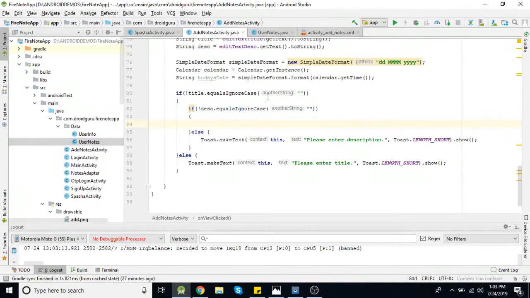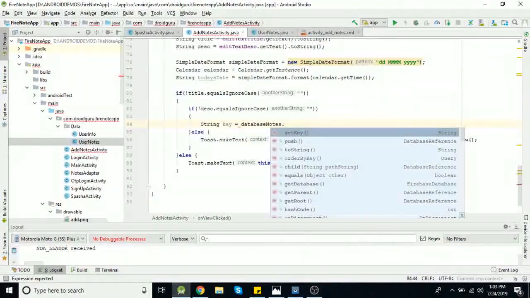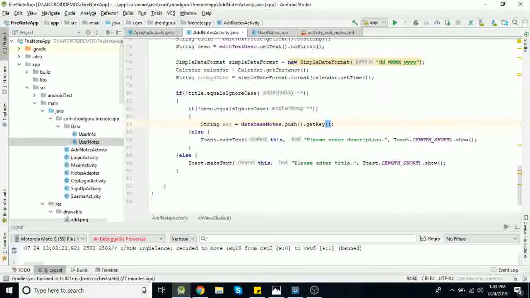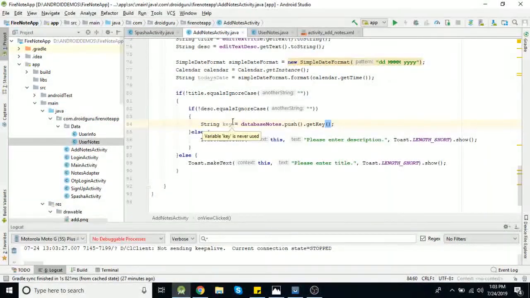For this, String key equals database nodes dot push dot get key. This will generate a random unique key every time you save your data, and that key also we need to store, because later when we want to edit or delete our nodes, we need to use the same key.